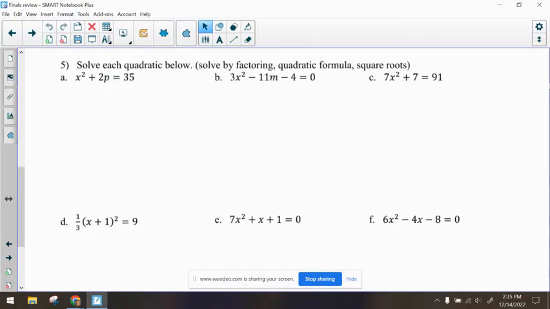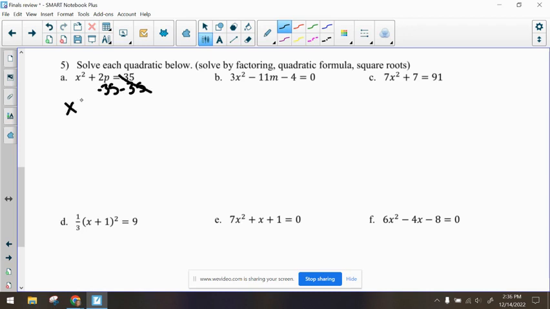Now that we are on to question 5, all of our problems have equal signs. So those indicate that we're solving using one of the methods that are listed above. So if we're solving by factoring or quadratic formula, we need to get everything equal to 0. So in question A, I'm going to subtract 35 on both sides